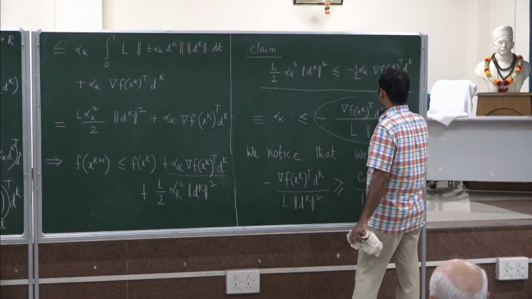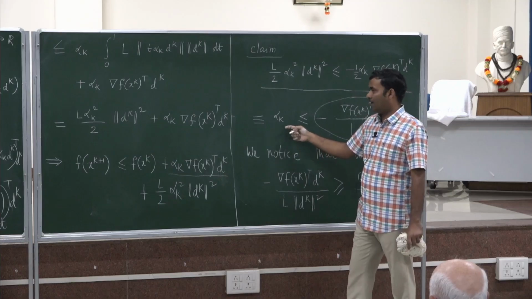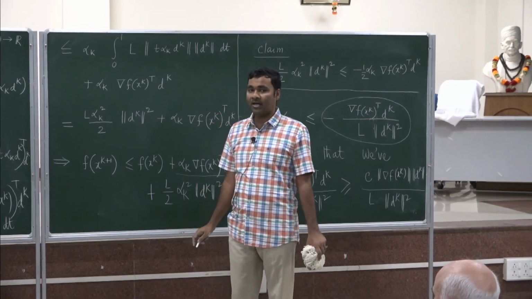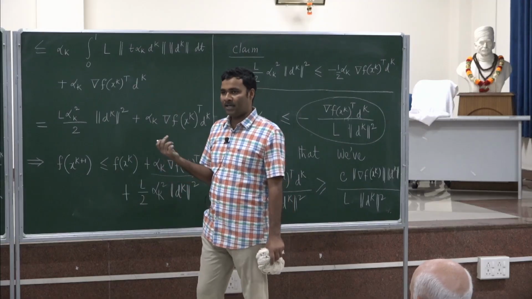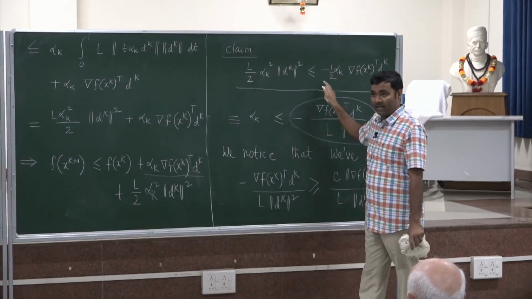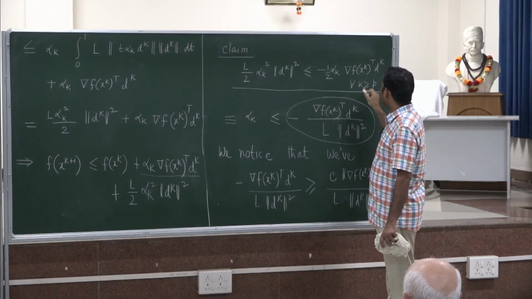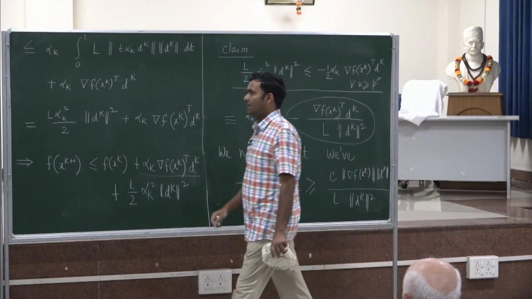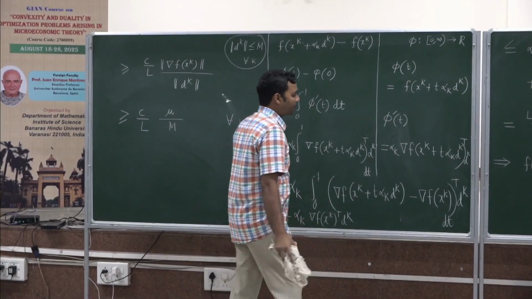Fine. And alpha k as tending to 0, so alpha k can be considered as less than equal to c by L times mu by M after certain index number, let's suppose p dash. Now you take maximum of p and p dash, then ultimately this claim is true, but not for every k, but after certain index number, for all k greater than equal to some p double dash, natural number. Okay. So our claim is validated, and once the claim is validated, then we have the following, that